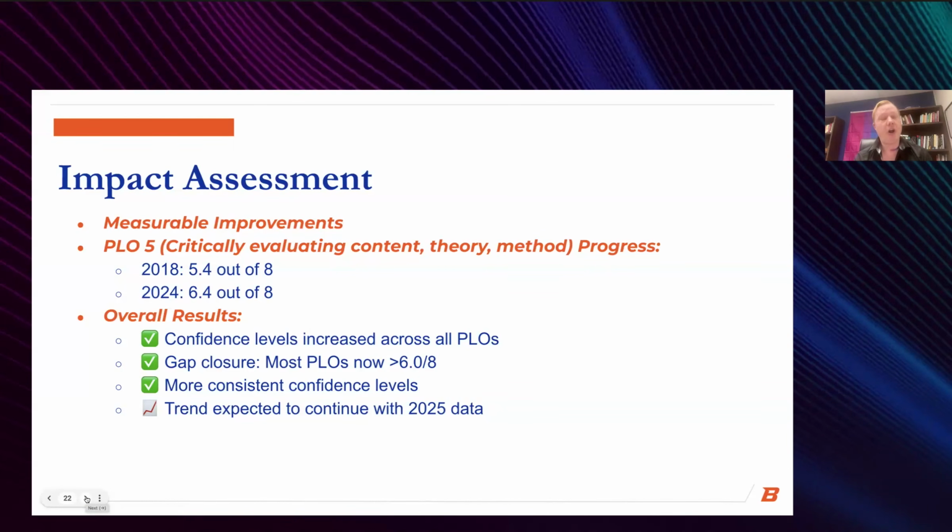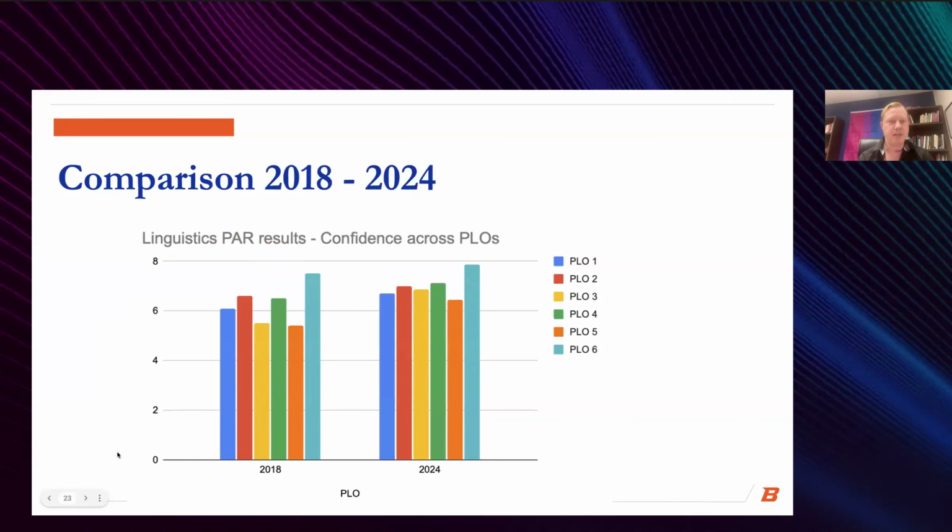This last year and this year, all of our graduating students have gone through both the basic level methods course and the new format of the capstone courses. And so we have a little graph on the next slide that shows the difference between 2018, where you see there are gaps in a couple of those PLOs that are hanging down much lower. And then by 2024, we see all of those have risen, and most of them are holding relatively steady with each other. We suspect PLO6 is going to remain the highest consistently because all of us highly value showing the importance of diversity and equity and understanding the role of world languages of the world. So it's something that just comes up in all of our classes anyway.